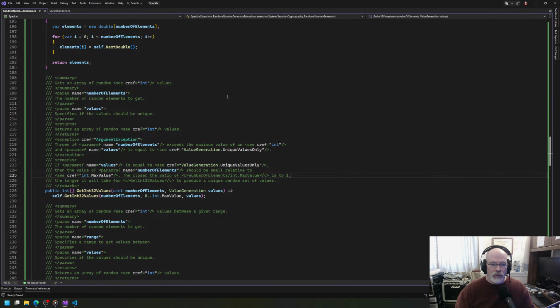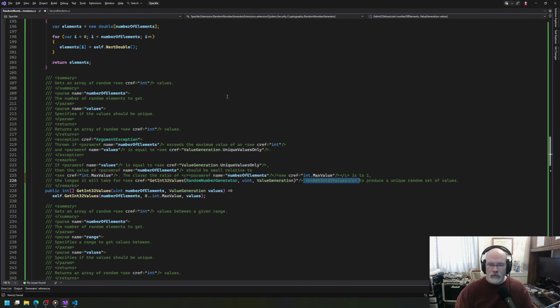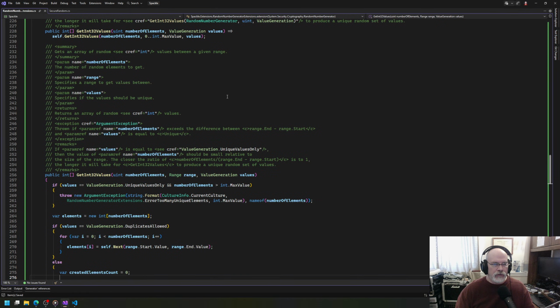Except it's going to be int max value, right? There. I like this. I like cleaning up the